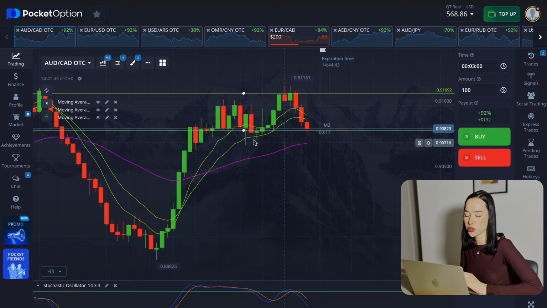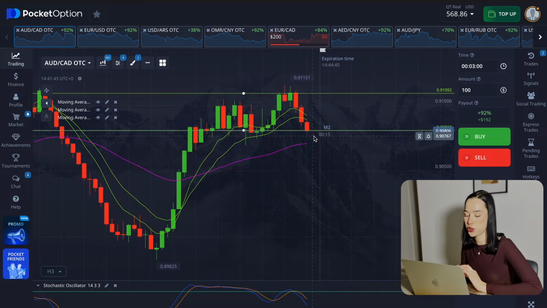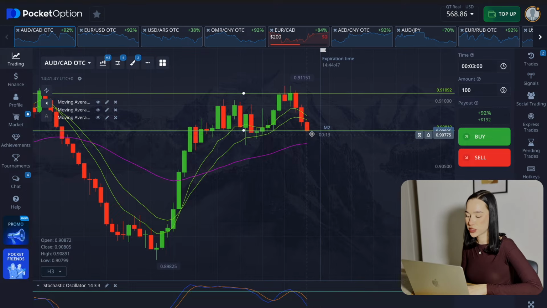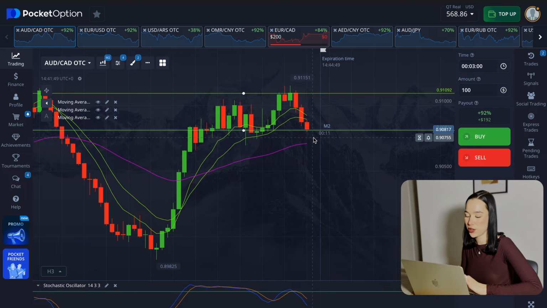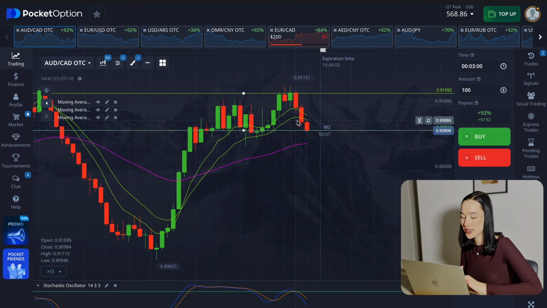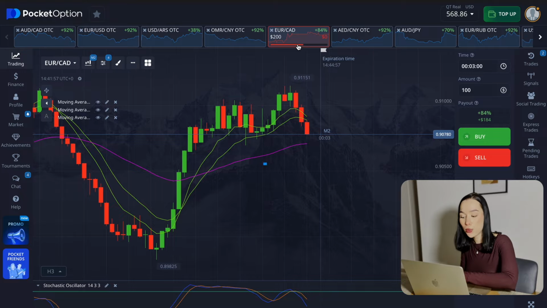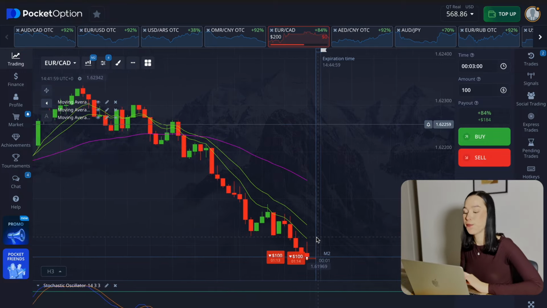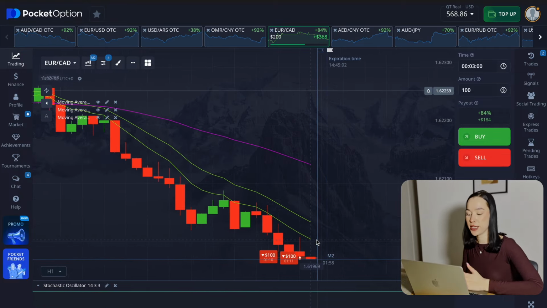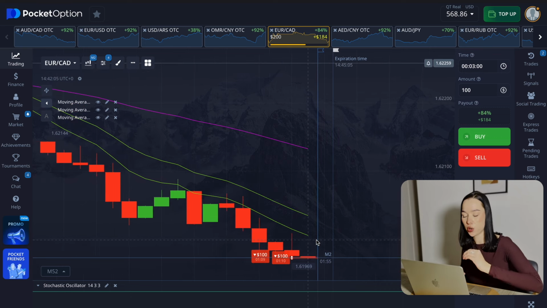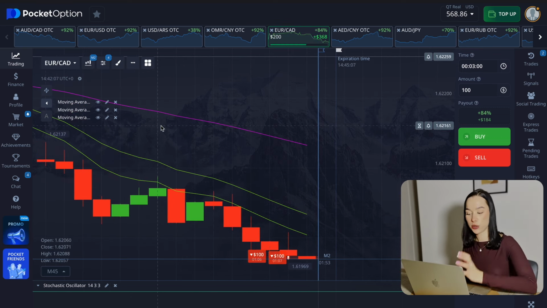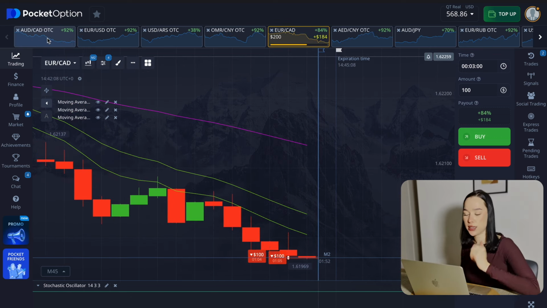For example, here is also a pretty good situation. I'm showing you a different chart so you can understand what kind of charts you need to choose when you trade. So here, for example, I wouldn't open a trade for now, because we can see the support level here and the price just touched this support level. Even though we can see already 3 red candles on the chart, and I usually tell you that if you see 3 red candles as the reversal, you can be sure and open a trade in the downward direction,